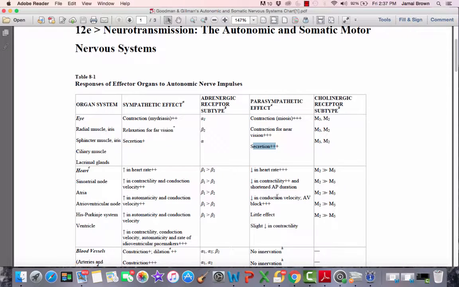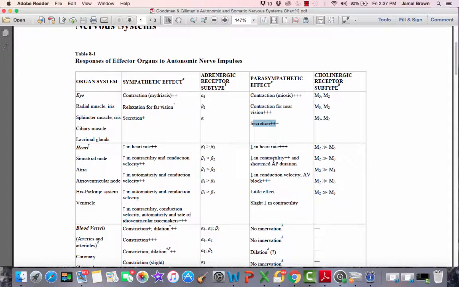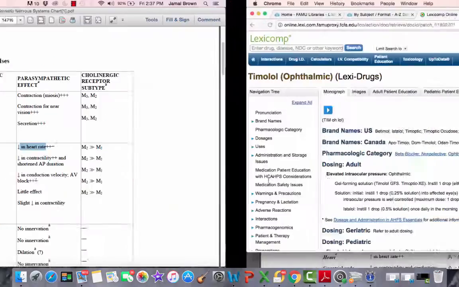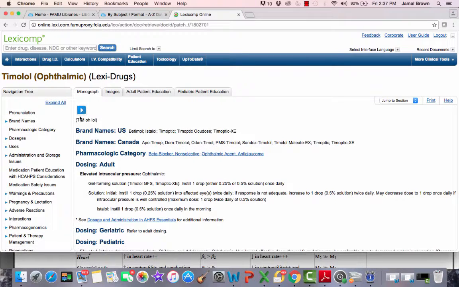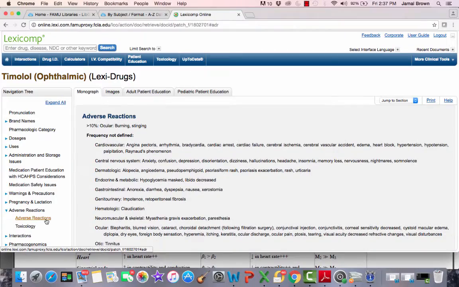But now when I look at a beta blocker, I'm still on the side of beta. What else can a beta blocker cause? It can cause a decrease in heart rate. It can cause these different effects. So where may I see other beta blockers? This was timolol ophthalmic, but I can bet you when we look at some of the adverse effects from it,